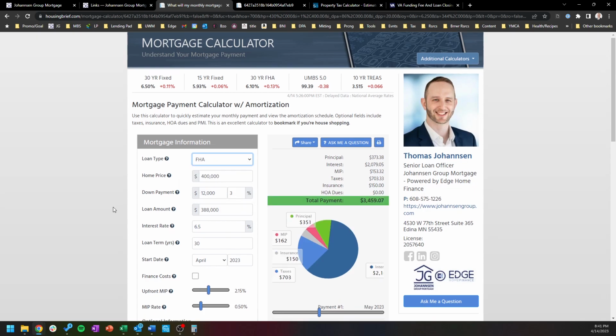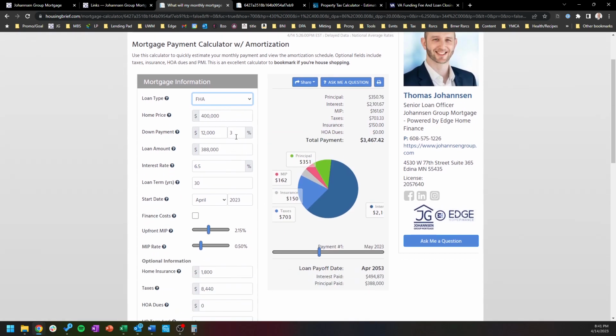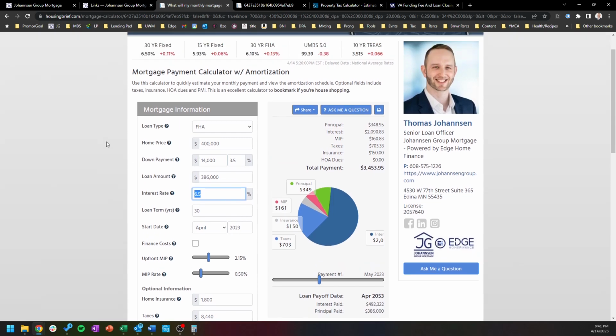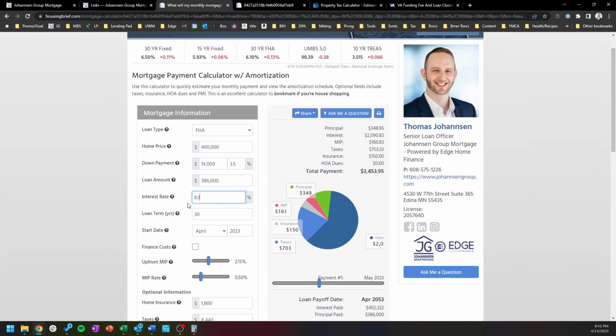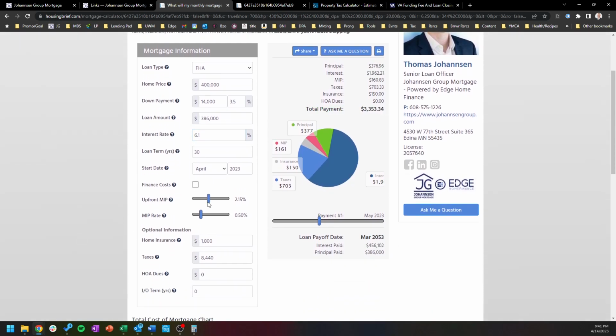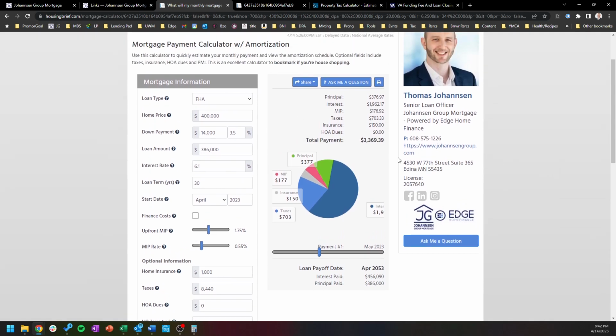FHA, there's not a whole lot of difference. We're going to keep everything else the same for the most part. We'll change the minimum down payment to 3.5. Interest rates tend to be slightly different on FHA on average, so we could say 6.1 here, but it's again just going to depend on your specific situation. Upfront PMI, or MIP, excuse me, is going to be 1.75 for FHA. So let's just hit that sideways a few times there. MIP here is 0.55, and nothing else changes. All right, now we've got our FHA price, $33.70, I should say, monthly